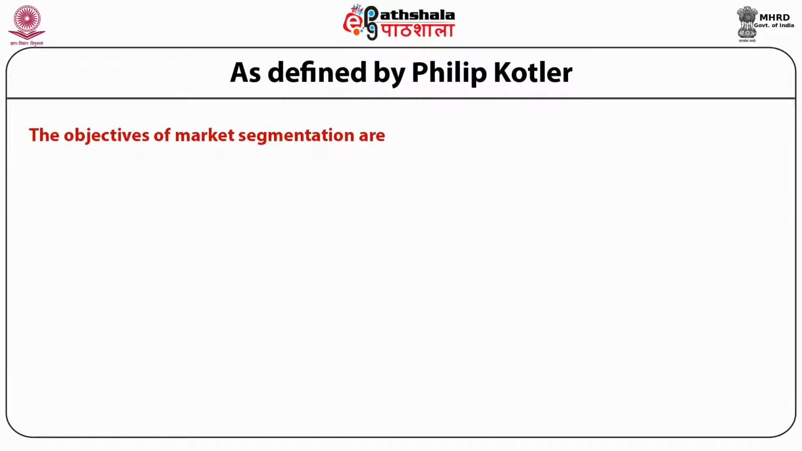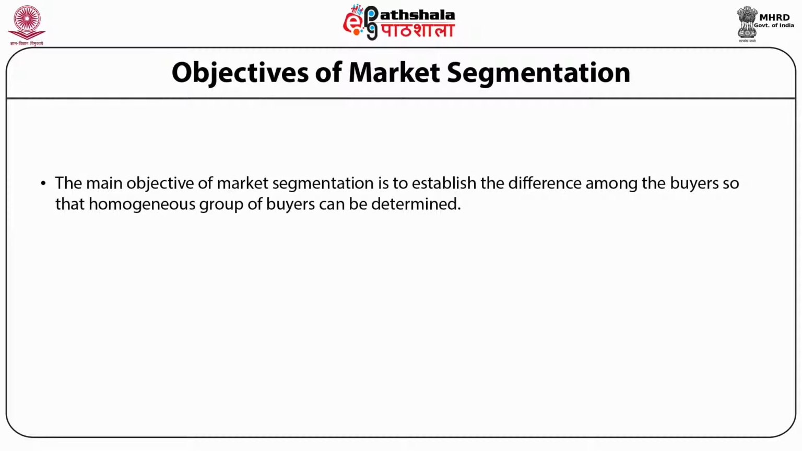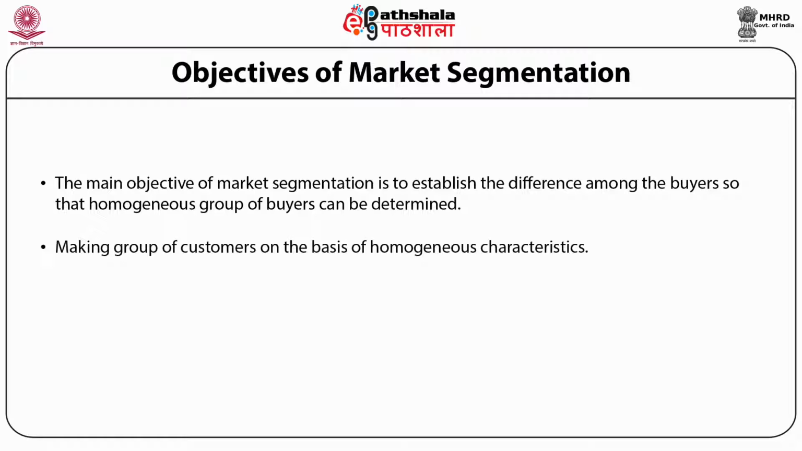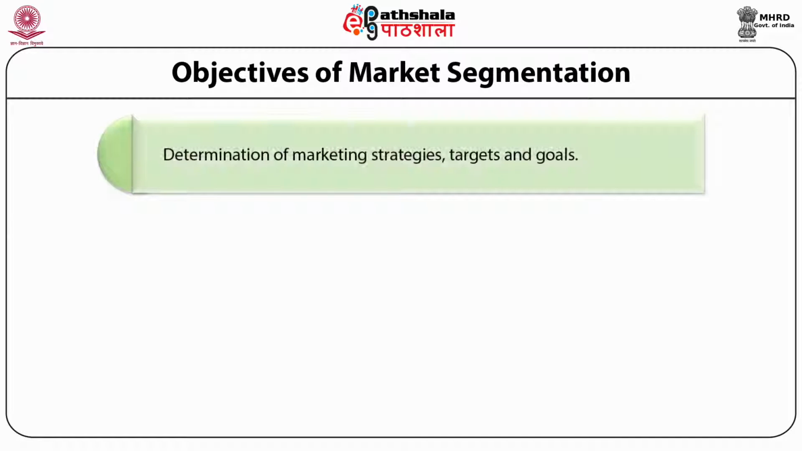As defined by Philip Kotler, the purpose of market segmentation is to determine differences among buyers which may be significant in choosing among them or marketing to them. The main objective of market segmentation remains to establish the differences among the buyers so that homogeneous groups of buyers could be determined. Making groups of customers on the basis of homogeneous characteristics always helps to determine the marketing strategies, targets and goals